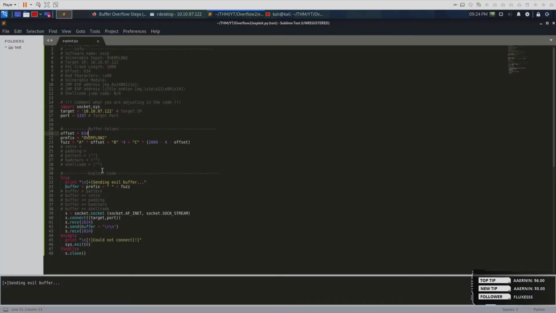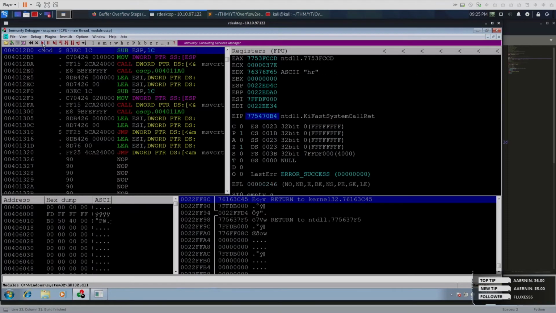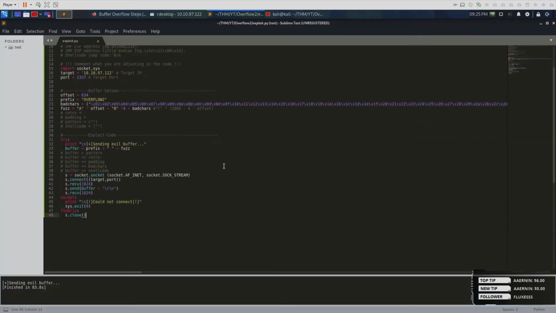So we can go back to our Python code and we can go to bad characters here. We are going to need to move it just above the fuzz, and we then send, instead of the C's, we send bad chars instead, and we can comment out the rest of this line. So now we send our A times the offset, the 4 B's, and then a bunch of bad characters. We can save this and we can run it, make sure the application is running. Application is running. Okay, F7